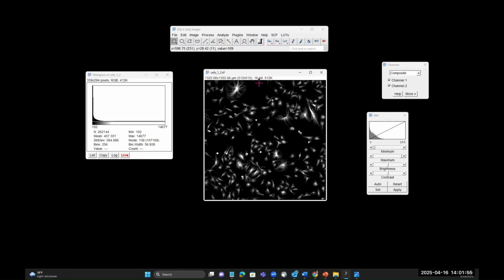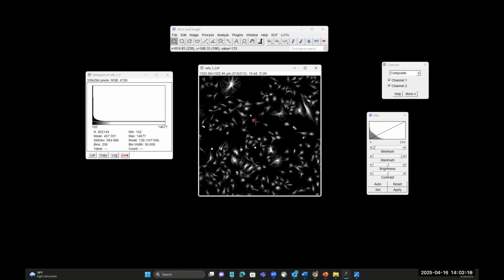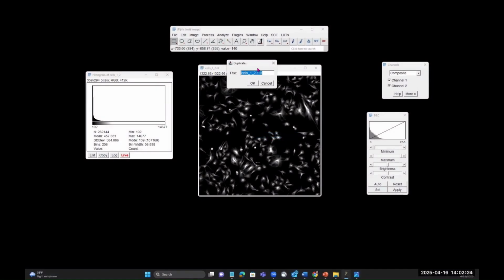So you have to make sure first that changing the type of your image would allow you to quantify your image accurately. Based on this histogram, you have a maximum value of 14,677. So if I duplicate this image, just so that I keep this original image here,